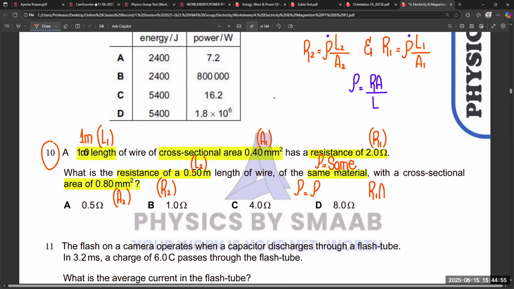So it will be R1 A1 over L1 equals R2 A2 over L2. So we can make a formula like this. And now you can make R2 the subject and shuffle all other quantities to the other side. So it becomes